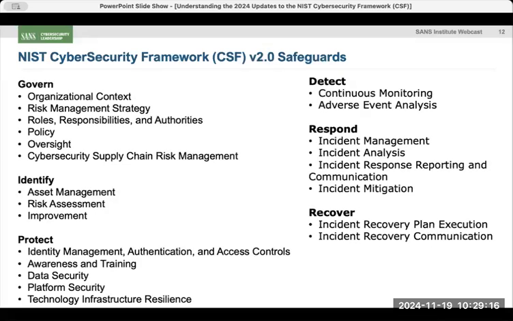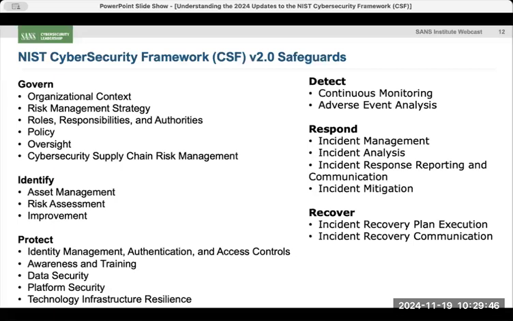But from there, I'll just do this quickly, if you go to the 2.0 list, now that we have Govern here, if we go back and forth a couple times, you'll see that there's a lot of overlap. The function areas are the same with the exception of that Govern section, but Identify, Protect, Detect, et cetera, are still in both documents. You can see these are the specific NIST categories. So this isn't me making these up or trying to define these for you. This is just what NIST says those words should be. Again, I'm not going to read through this library for you, but you can see what's there.